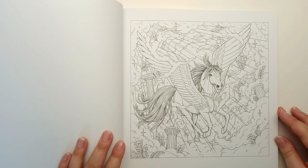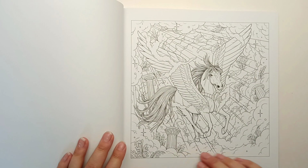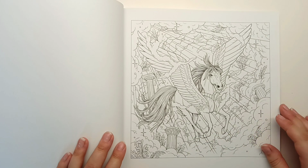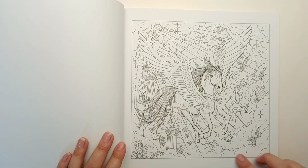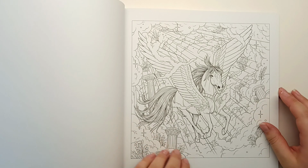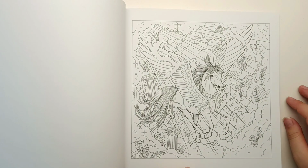We've got a Pegasus here, a winged horse, looking in a very Hercules style. What's the name of the heavens called? I can't remember off the top of my head. I'm thinking of the Disney film with the Colosseum pillars and the clouds. I would do these clouds pinks and peaches and purples, a really soft, sunsetty sky, especially with this sun shining down. I think that would look